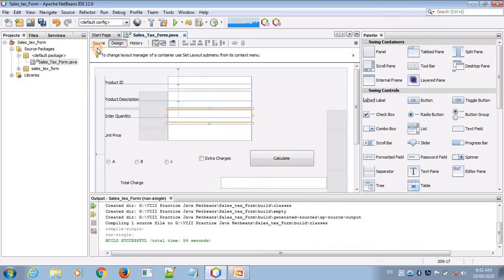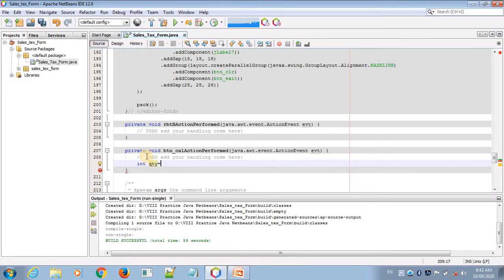So this is our text box, so I take the variable value from this quantity. Now go to the source code and take the value. How to take it? Integer dot parse int. And what is the name of the text box? txtfield underscore, I think qty, dot get text. This is the method I have already declared. I think the product name is not coming properly, so we have to search from here.